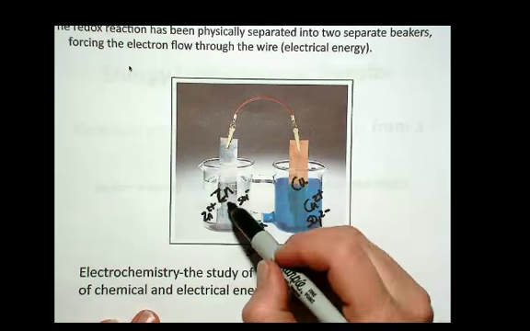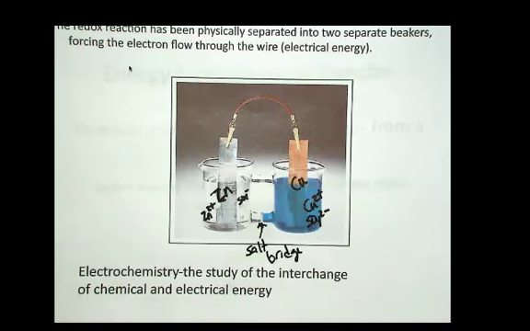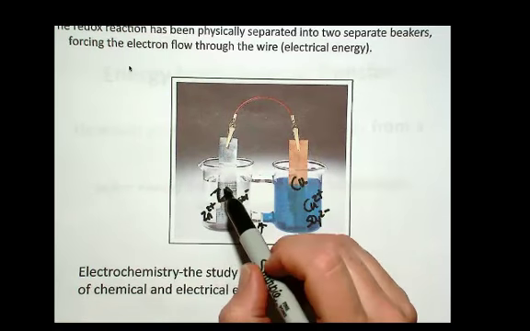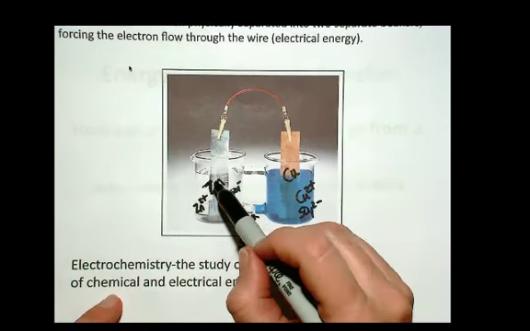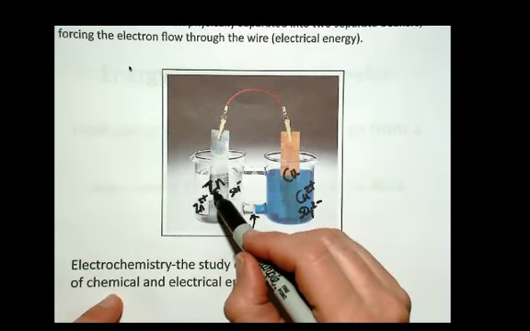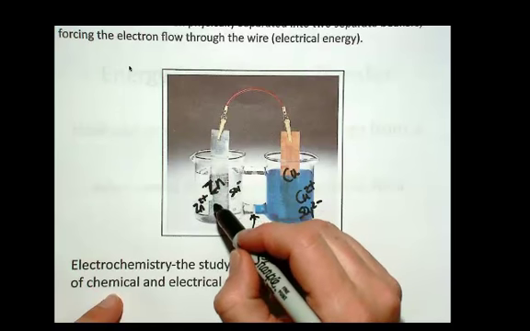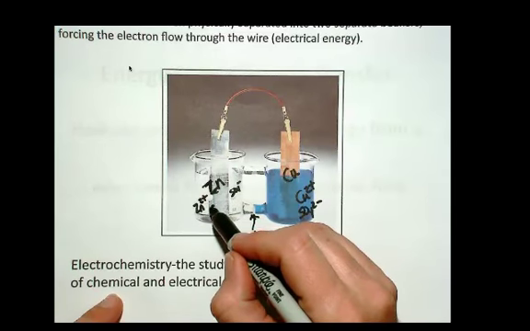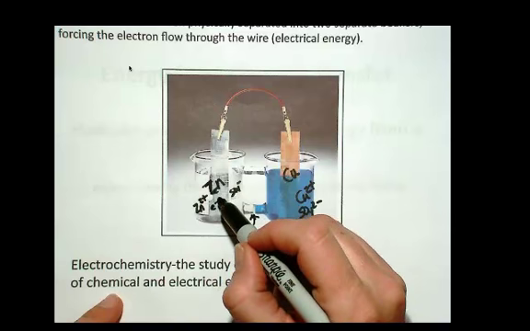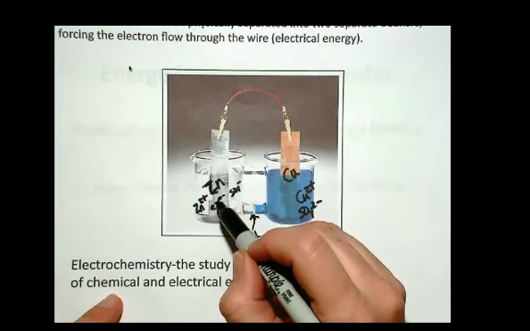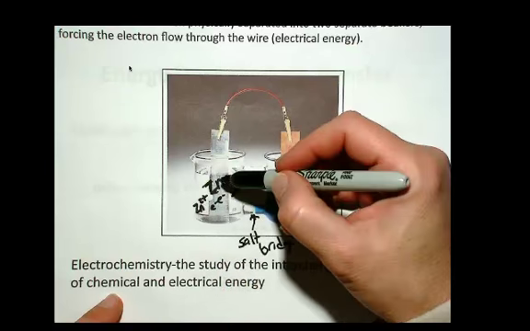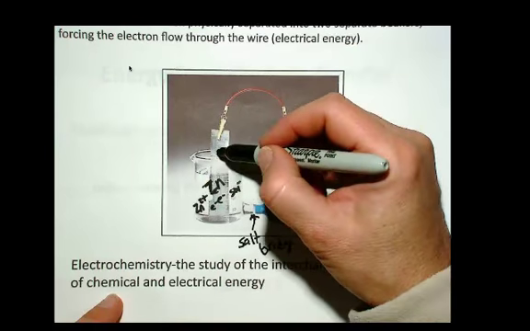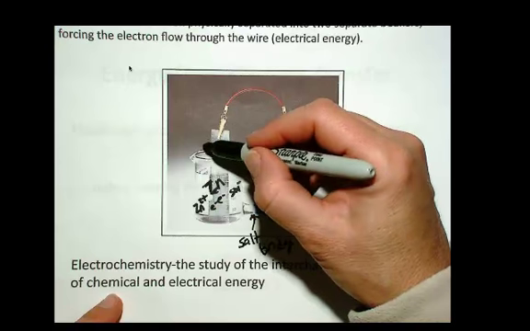Alrighty, and so what happens is the zinc, a little bit at the very beginning, before you connect the wire, a little bit of the zinc, tiny little bit, will dissolve into solution, and you'll start building up just a little bit of what we call potential. Electrons that want to move, they want to move off the zinc, so the zinc can go into solution, and we build up a little potential. And this is sort of what we call the push. These electrons want to be pushed off